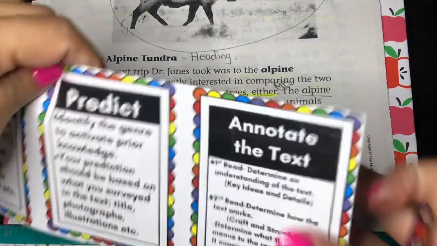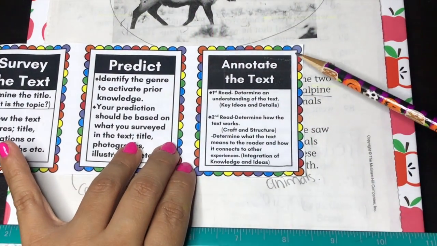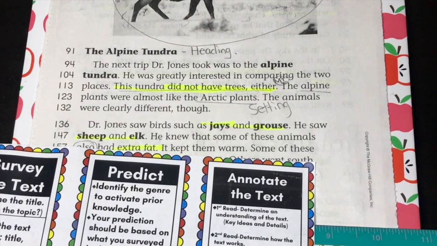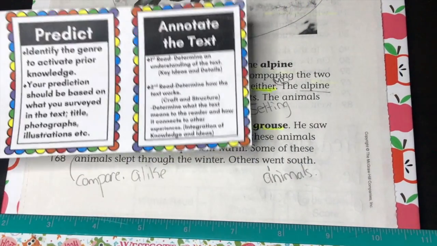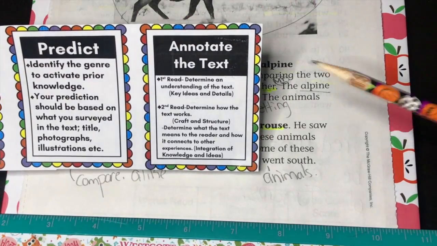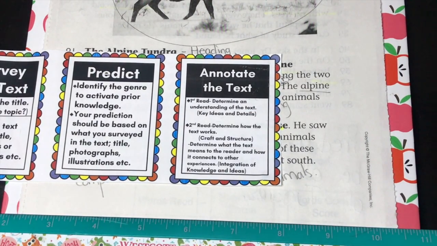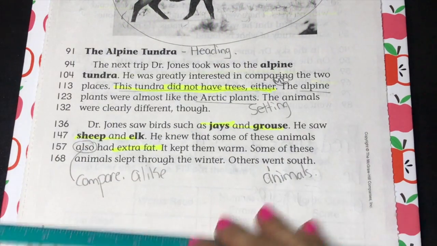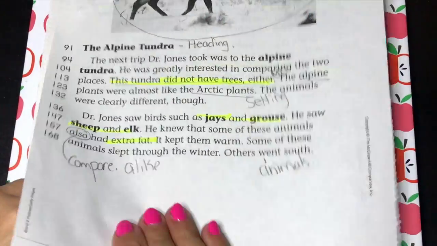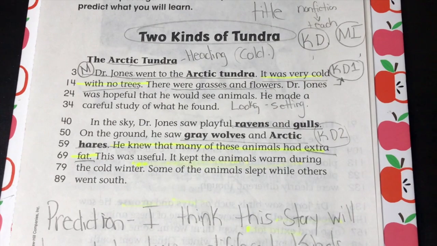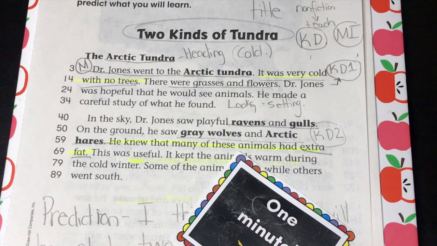When you annotate the text, you have to make sure you know the type of story you're reading. In this story, we don't really have character, setting, problem, or solution because the genre of the story is nonfiction. So nonfiction text will teach you something about the reading. So now I want you to read the story all by yourself, okay? You have 2 minutes to read. Ready, set, go.